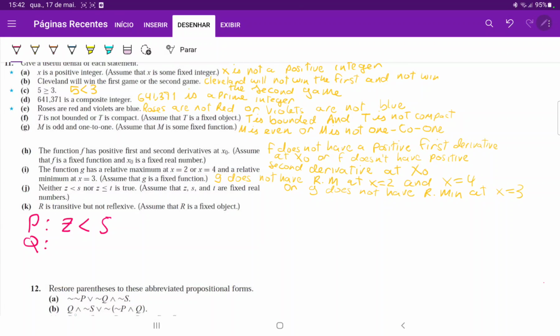And Q is z is greater than or equal to t. So our propositional form is neither one nor the other, so it is not P and